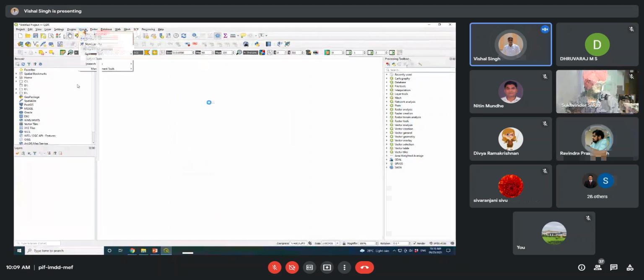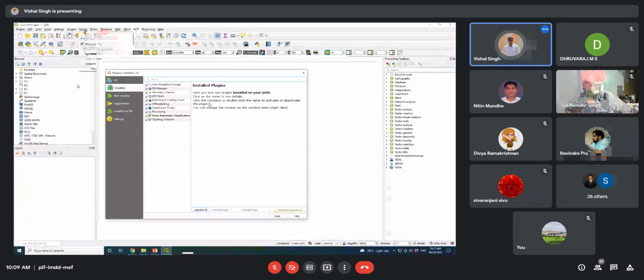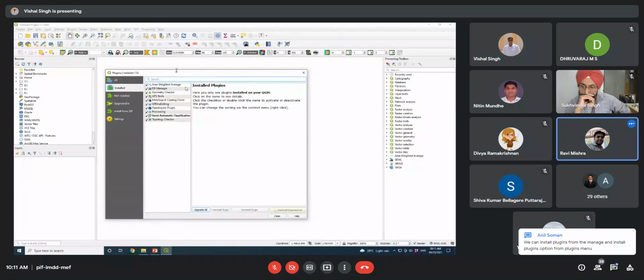Then, sir, how will I install the Google imagery here? Can you suggest? First of all, we have to see whether it is there in the list or not, whether it is installed or not installed.